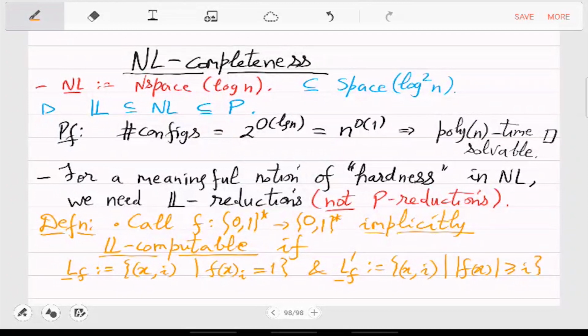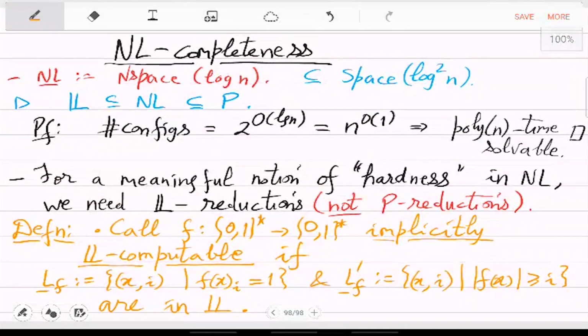So, L_f prime is checking the length, and L_f is checking the ith bit. Okay, because in the case when the length is less than i, then there is no point asking for the ith bit. So, you can think of this as checking the length whether it is at least i, and then asking for the ith bit. Both these problems are solvable in log space. Okay, when this happens, then we say that f is implicitly L computable, because every bit can be computed in log space. Okay, so, this is something very natural, nothing surprising here,